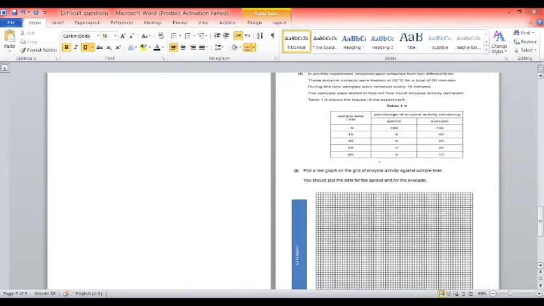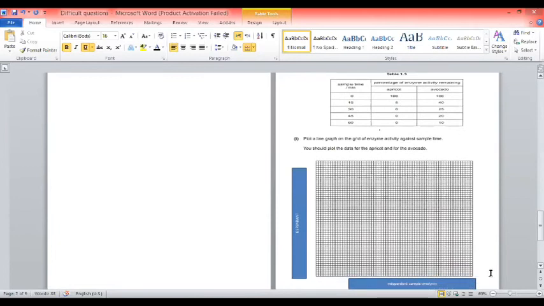The same rule will be applied to a graph. If he asks you to represent data on a graph, first of all, you have to know that this is the y-axis, this is the x-axis. In the x-axis, we represent the independent variable, which is the sample time per minute. You have to write the heading like this, clear, okay, and then we will here add the dependent variable, which